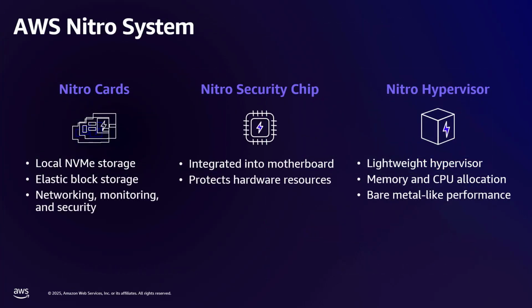So what is inside the Nitro system? What you see is the three main components of the Nitro system. First are the Nitro cards. These are very custom hardware, like Sudhir mentioned in the beginning, the custom hardware and firmware to isolate the storage and the block storage, etc., including networking. And then the security chip that is on the motherboard. The purpose of that one is actually